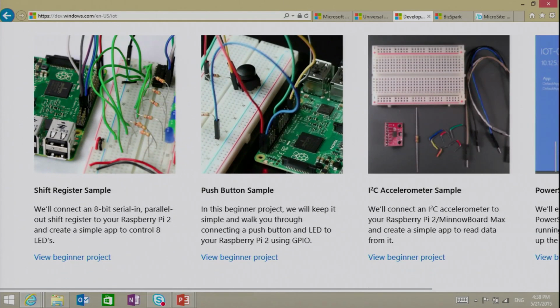And you can see here some of those beginner projects. We list what you need for those projects, and we have step-by-step guidance all on this website. This website is called Windows on Devices, okay? Or you can search for Windows IoT, etc. You will be able to arrive at this site, okay? So